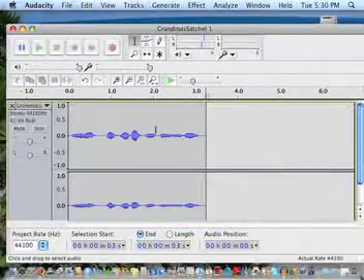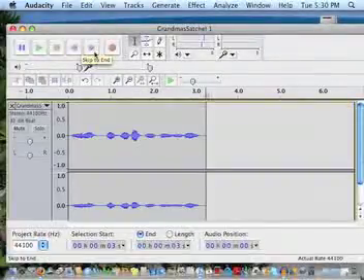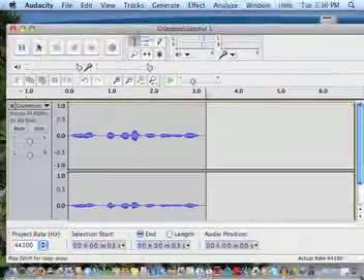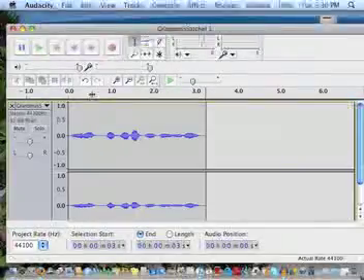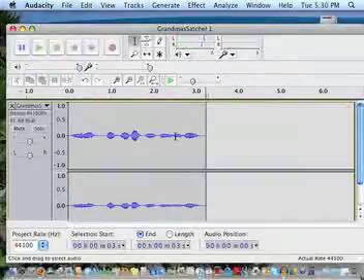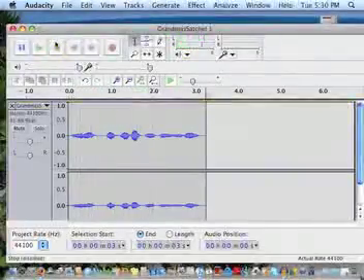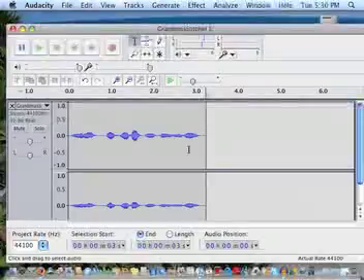Audacity also uses these main keys up here, just like what you would have seen in an old cassette recorder. The play button is here, pause, stop, rewind, fast forward, and record. You can click anywhere that you want on Audacity, and that's where it will start speaking from. So if I want to go to the very beginning, I click there, and I can hit my stop button if I want. So now I just have the part of the audio that I've wanted for him to say,